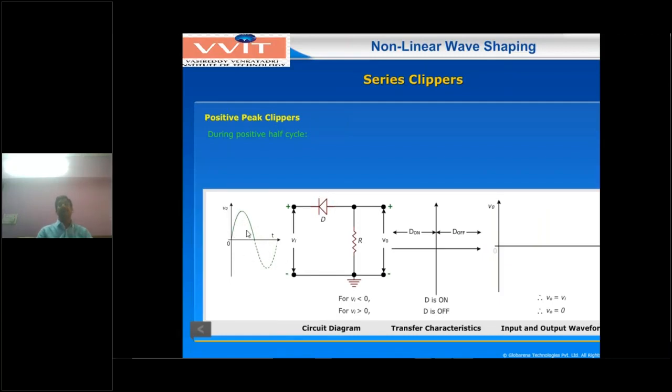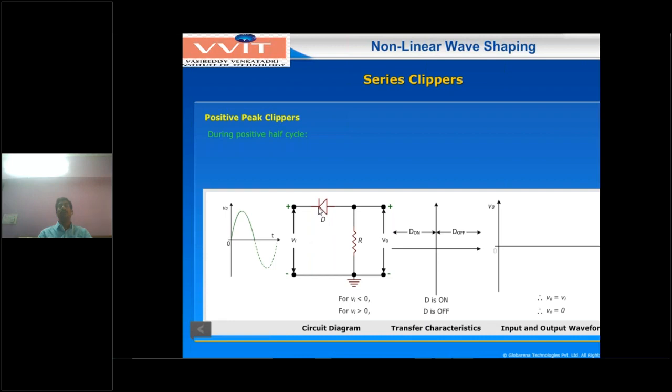The input waveform is compared with two levels. What are the two levels here? Ground level, because we assume no reference voltage, that is, VR equal to 0. So for two conditions, VI less than 0 and VI greater than 0, that means input voltage less than 0 and input voltage greater than 0, these are the two conditions to be considered. First condition, VI less than 0, that means the input is the negative peak. Once the negative peak is applied as the input waveform, then the diode will be